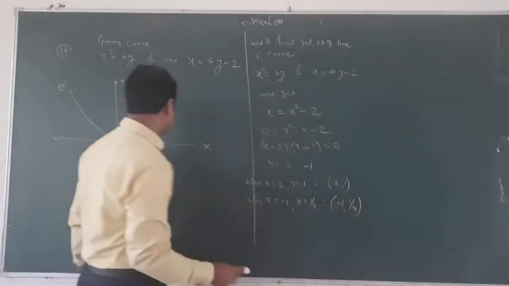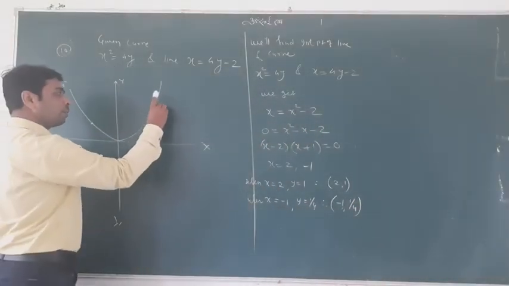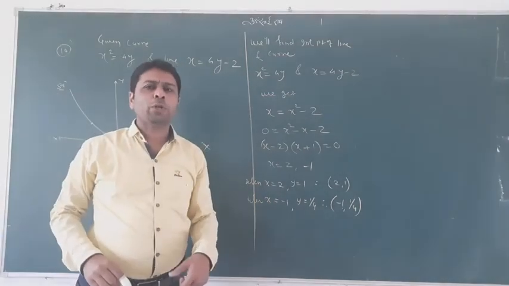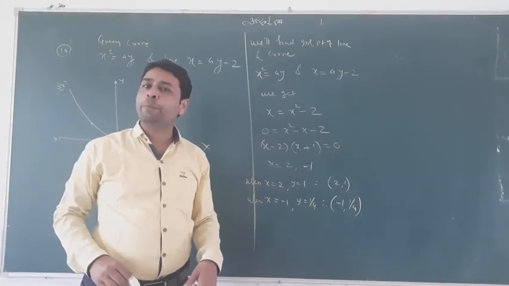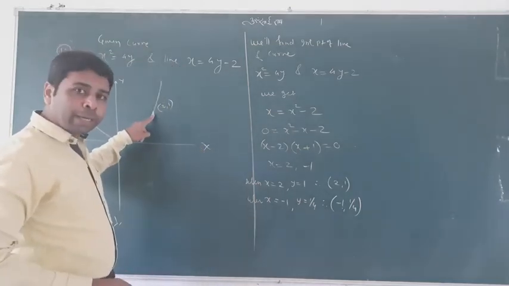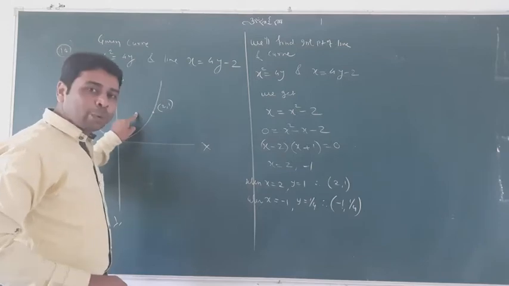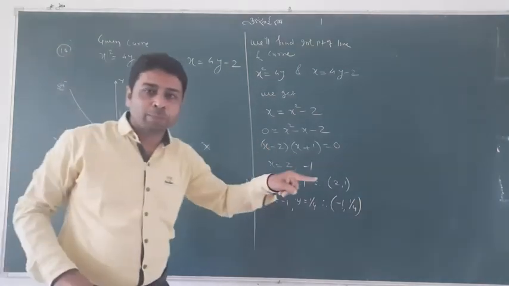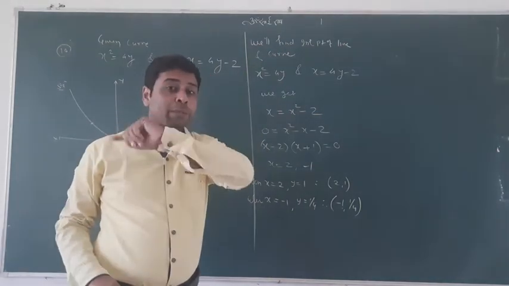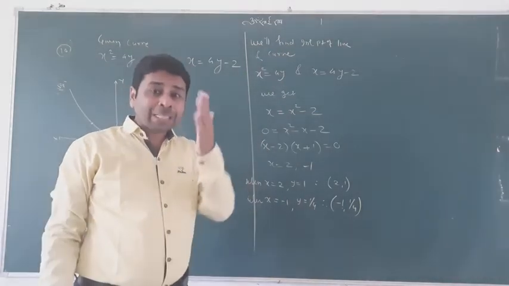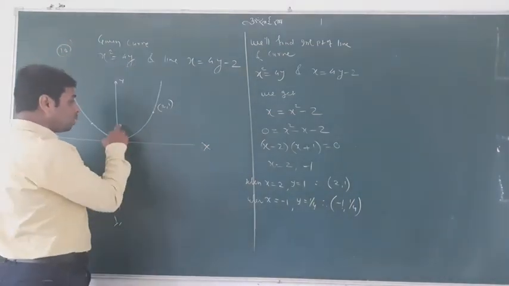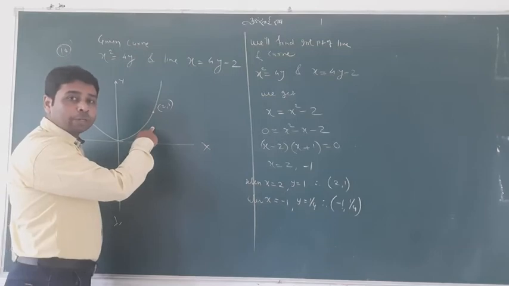Can you tell me where this 2 and 1 is? So this is (2, 1). Don't try to count very exactly. The important thing is that the point should lie in the proper quadrant, and please don't plot a point other than on the curve, because you are finding the intersection point. It will definitely lie on the curve. If you plot away from the path of the curve, it will be wrong. If some student thinks that it is 2 and 1 and the point is here, it will be wrong.